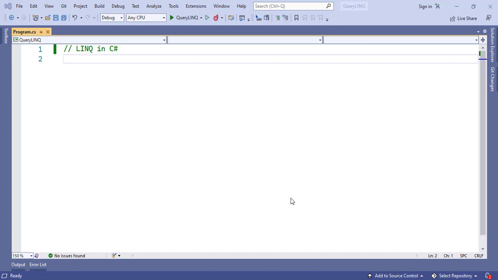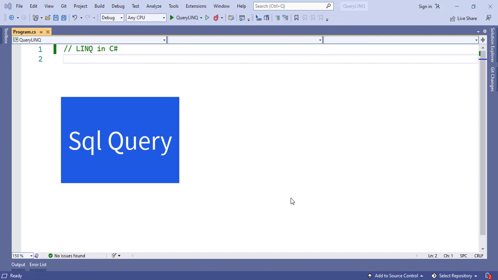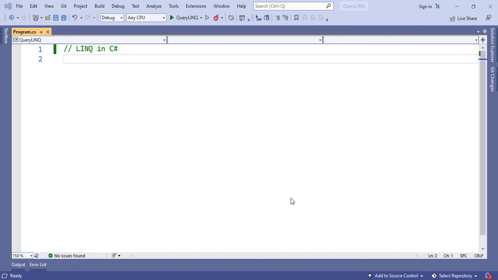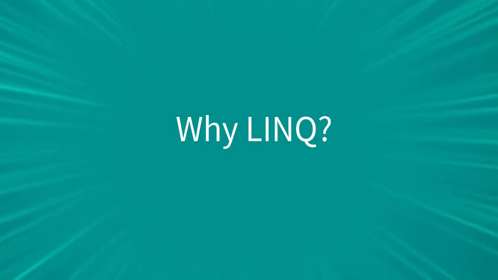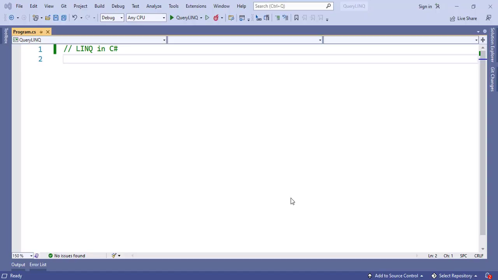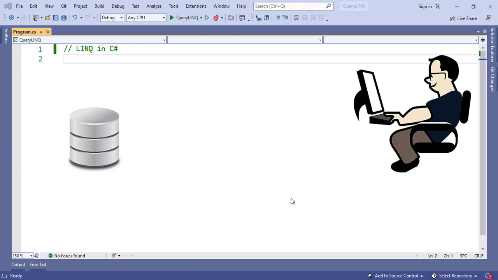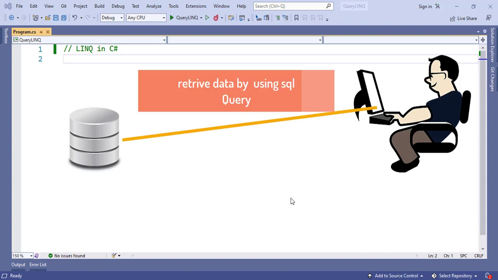Already we have query syntaxes for SQL, XML documents, then what is the need of this LINQ? Why do we go for LINQ? For example, consider you are working with SQL database, and if you are not using LINQ queries in your application, what happens? Developer needs to write query syntaxes specific to SQL database.